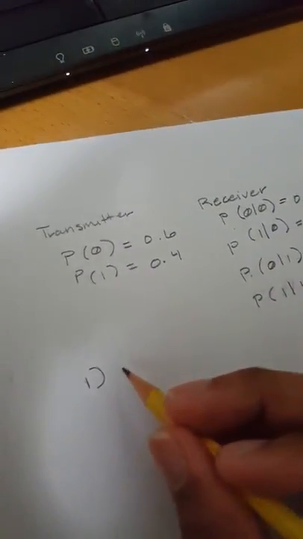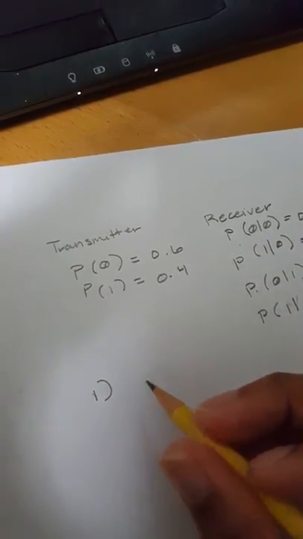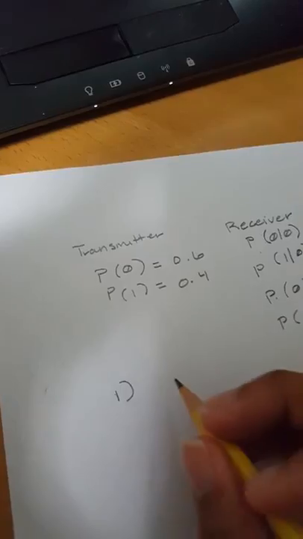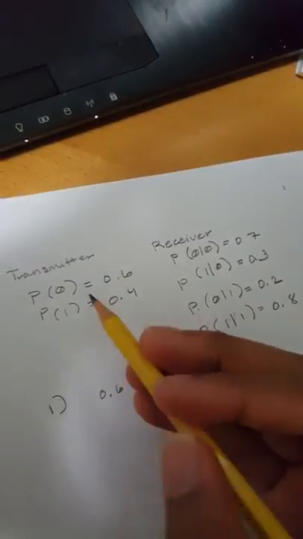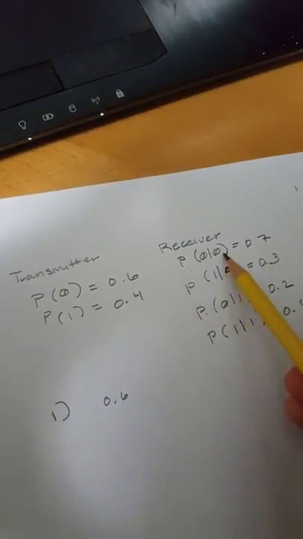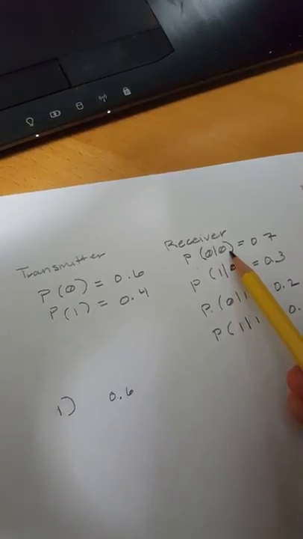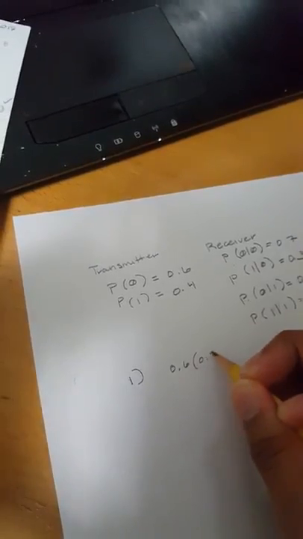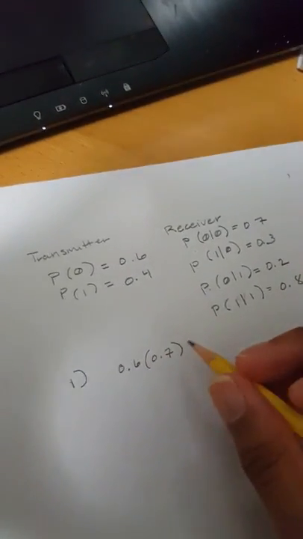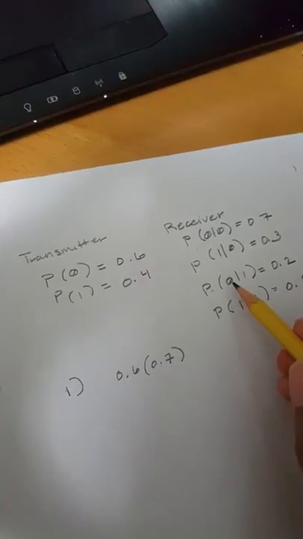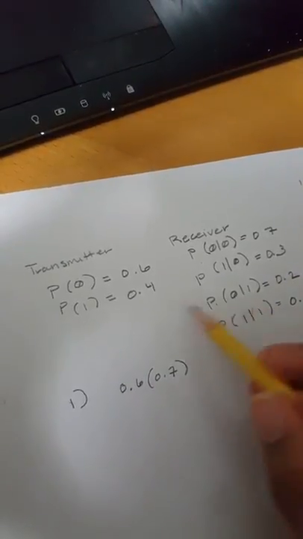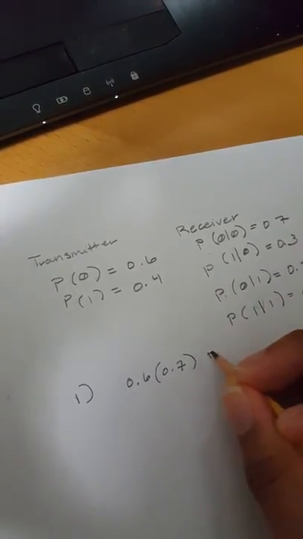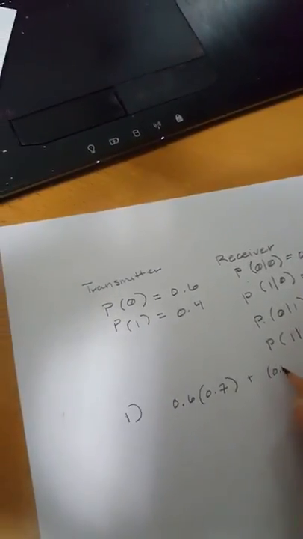So of course, let's say 0 was sent, so the probability of 0 being sent by the transmitter, which is here, is 0.6. With a 0 being sent, and a 0 being received, since that's what we're interested in, we have a 0.7 probability. Now we also have to consider 0 being received again, but it was 1 that was being transmitted. So the probability of 1 being transmitted is 0.4